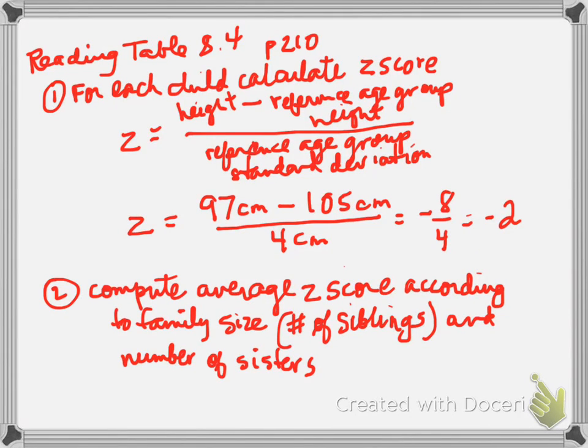Let's take a few minutes to examine how to read table 8.4 in the text on page 210, which reports or reproduces a table from a paper by Jonathan Morduch and Ashish Garg on sibling rivalry and gender implications, using data from Ghana. What Morduch and Garg do, and others have since replicated this analysis, is for every child